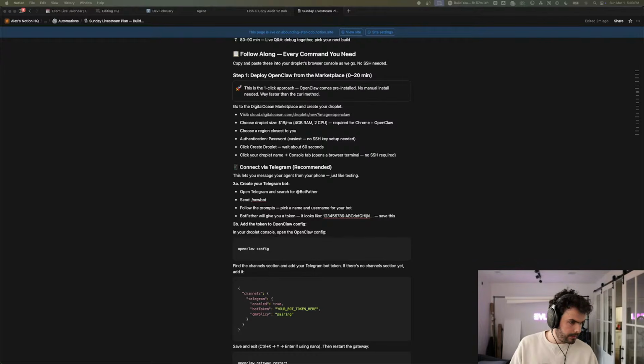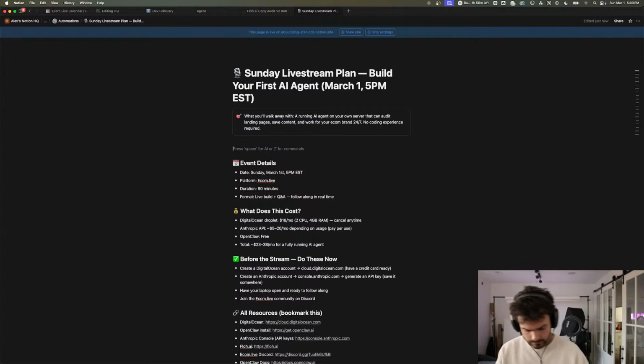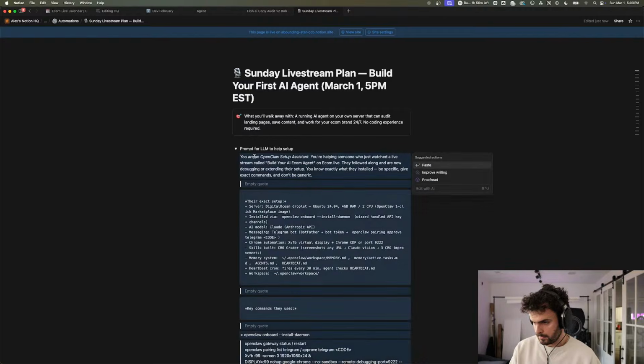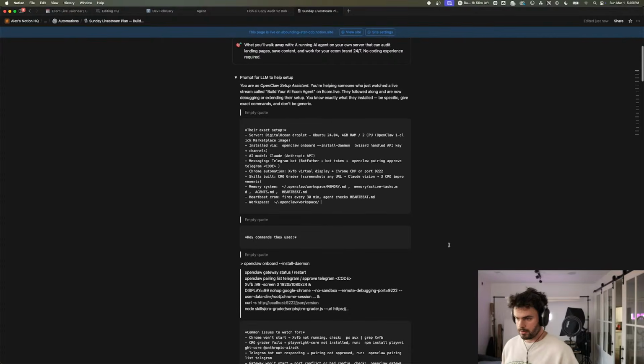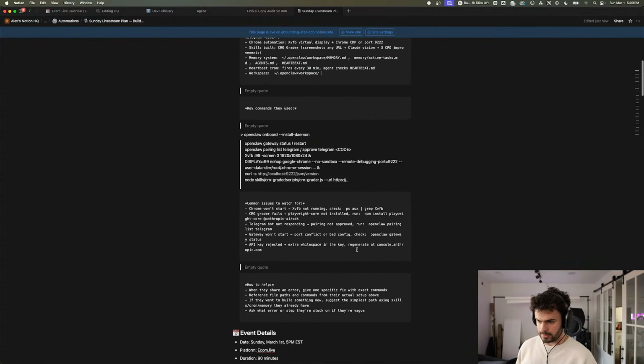I'm going to copy and paste this in here so you have it. And this is going to be a prompt for a learning model to help set up. I'll paste this in here. You guys are welcome to directly copy and paste this into your learning model that's going to help you get